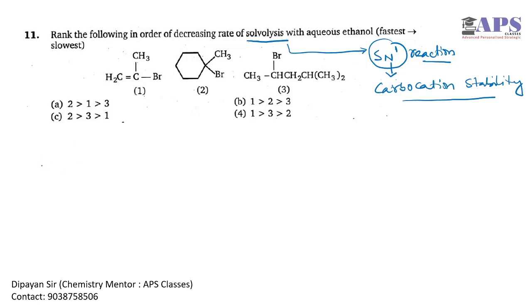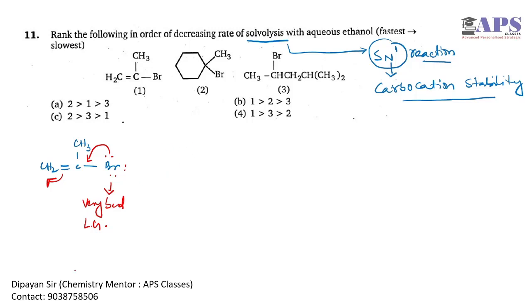So if we start with the first molecule, in bromine we have 3 lone pairs, and this lone pair is conjugated. So this is a very bad leaving group, as there is some double bond character introduced in molecule number 1. So in this case bromine is a very bad leaving group and it is difficult to remove the bromine from the system. That's why the rate of SN1 reaction is very less.